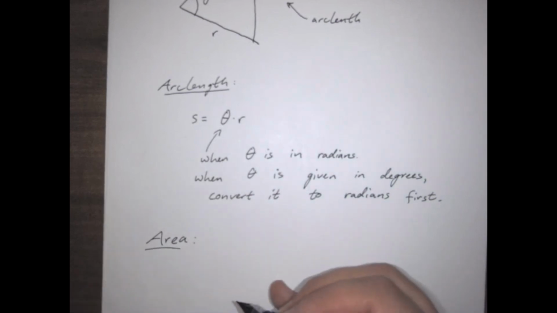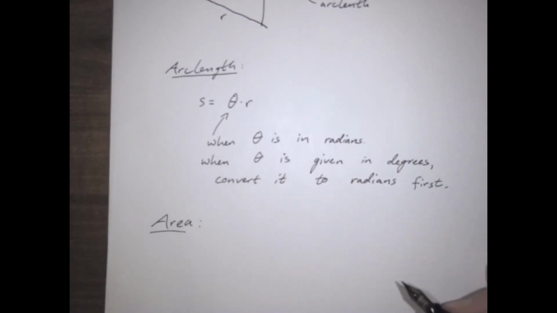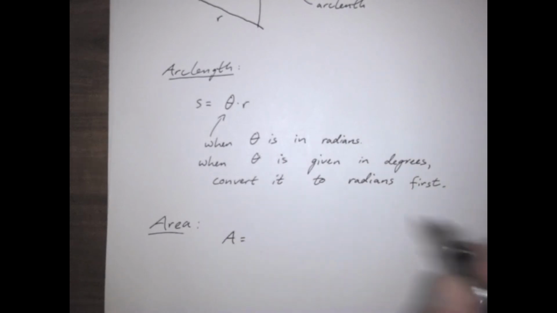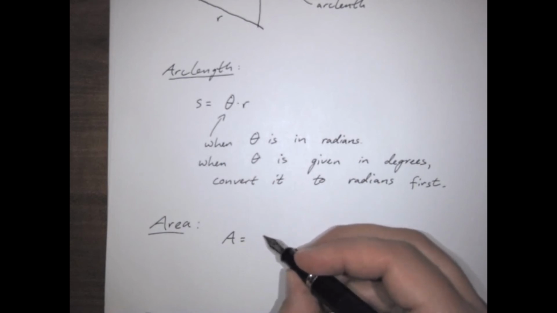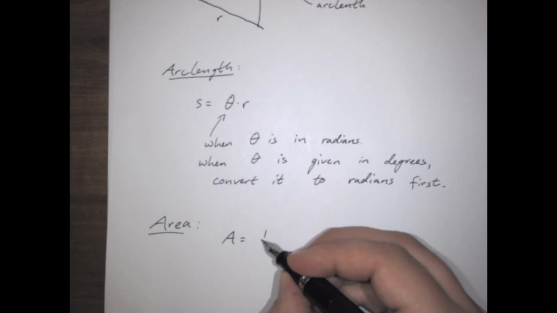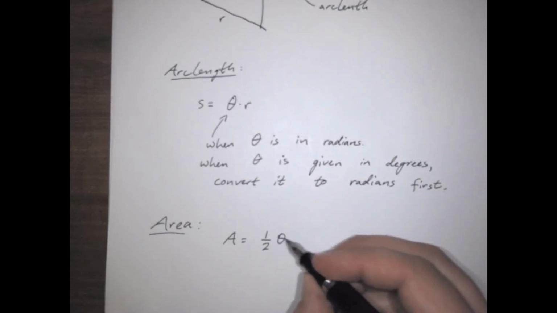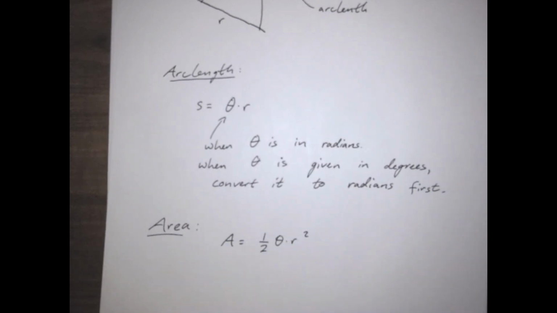Now, for the area, it's not quite as straightforward, but it's based on something straightforward. So the area is equal to, and first I'll just give you the formula, and then we'll see why I say it's based on at least a straightforward line of reasoning from a well-known fact. So it's 1/2 theta times r squared. Now you may say, I don't know what he's talking about. There's no way that's based on anything familiar that I've ever seen. But